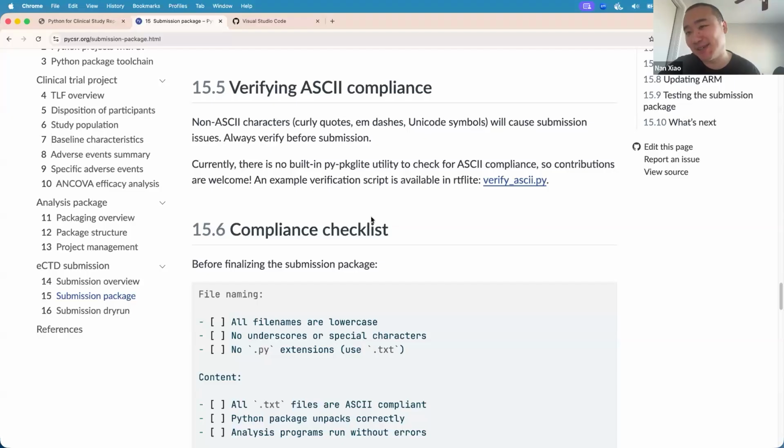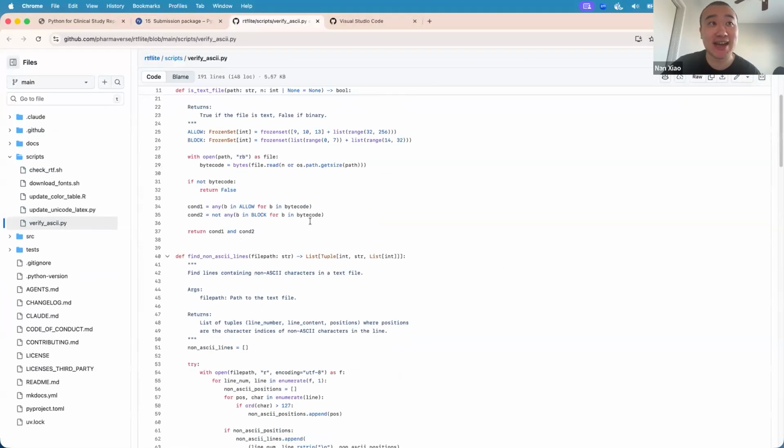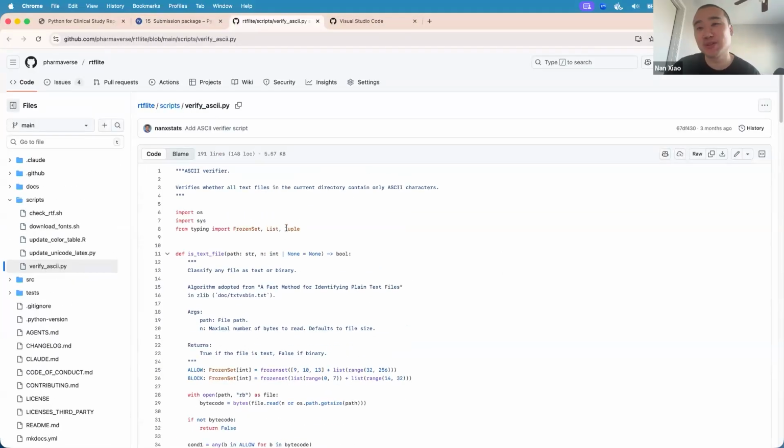There haven't been any specific facilities built into the packages such as pkglite for Python or rtflite yet, although we do have an existing verification script, kind of ad hoc, built in the developer scripts directory here in the rtflite source code.